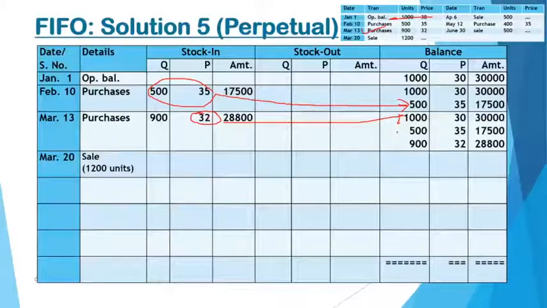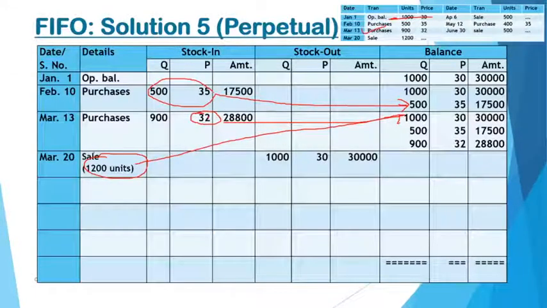Now next is a sale of 1200 units. We have to see how to price this sale. What is the cost of these units? Since you have 1200 units being sold here, in order to sell these units you need to use the first lot, isn't it? First in, first out. When you look at the lots, your first lot is of 1000 units. So out of 1200 units, 1000 units are from the first lot, and that will be written. But still your sale is not complete. You still have a gap of 200 units.